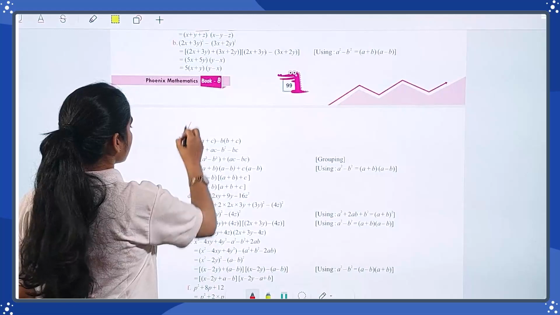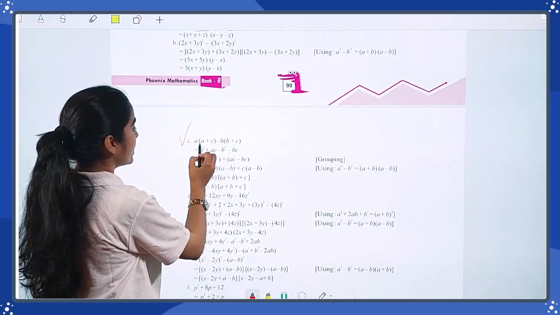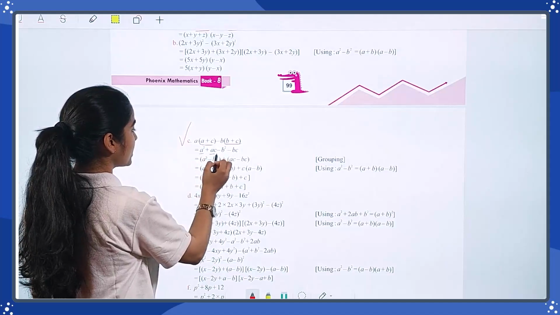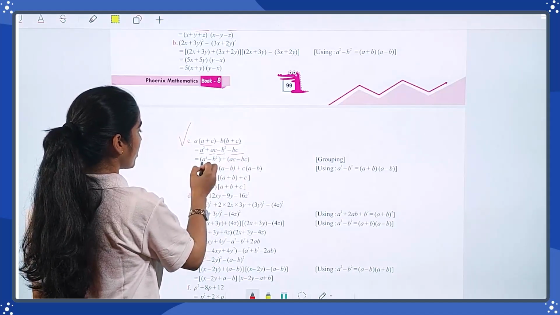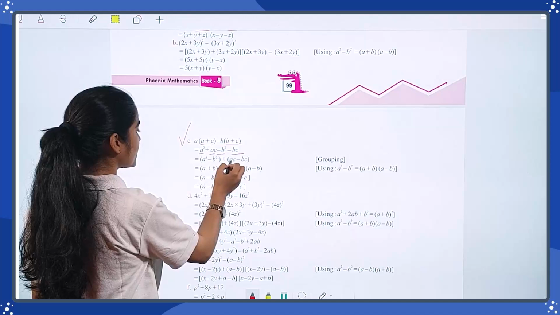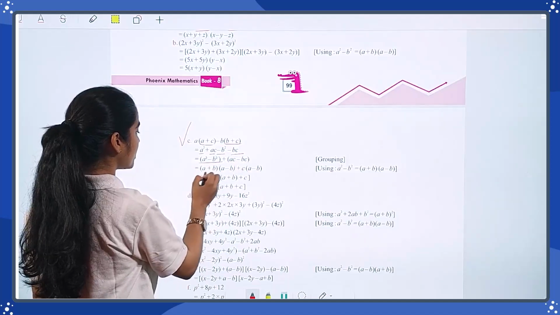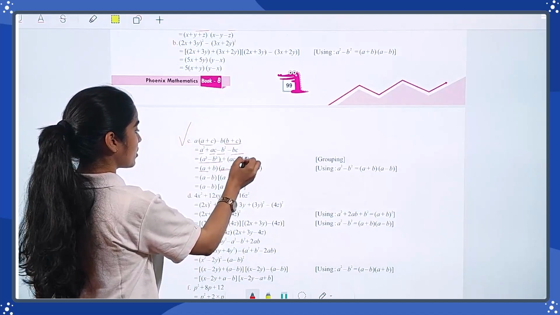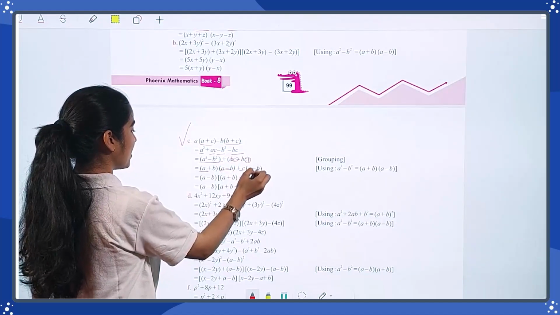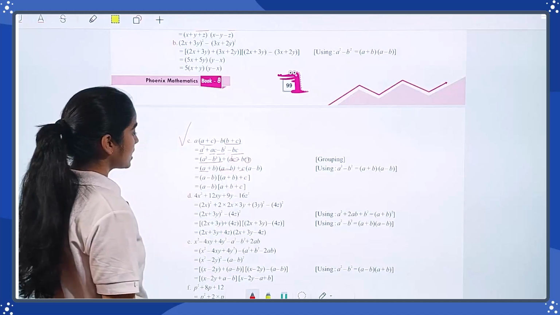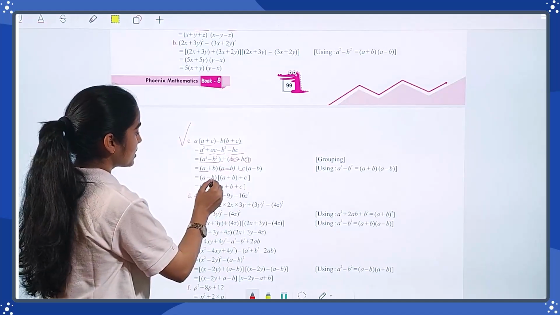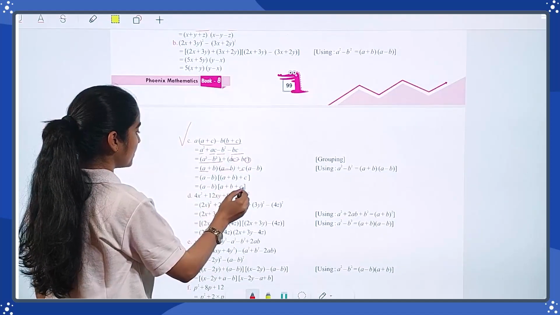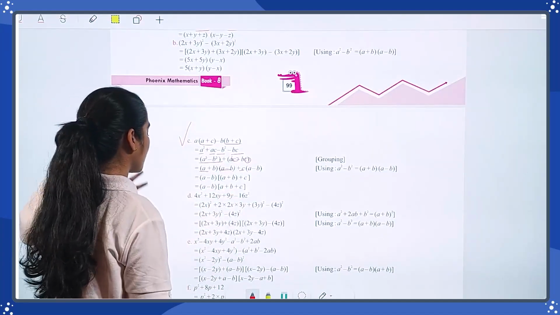Now you have question number C. In this you have a plus c and b plus c, which means a square plus ac minus b square minus bc. So a square minus b square plus ac minus bc. A square minus b square is (a plus b)(a minus b), and c, the common term, you have to take outside, with a minus b inside. So in this case, these are (a minus b)(a plus b plus c). Okay, in that way you have to solve.